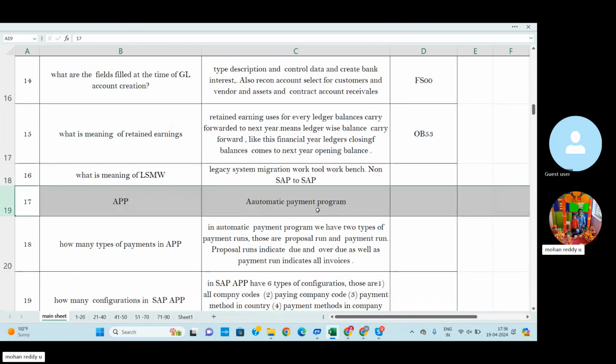We can clear a number of invoices within a fraction of seconds using this program. Before that, we must complete each configuration for the automatic payment program, and assign the vendor master data to the vendor-related bank accounts. Only when the configurations are done properly can we run the automatic payment program. So this is the answer.